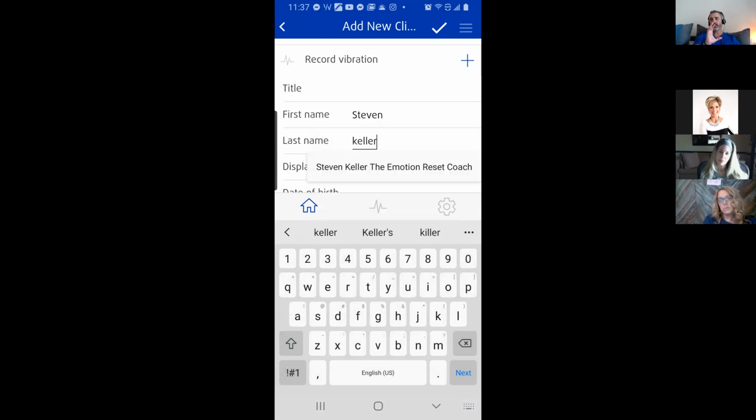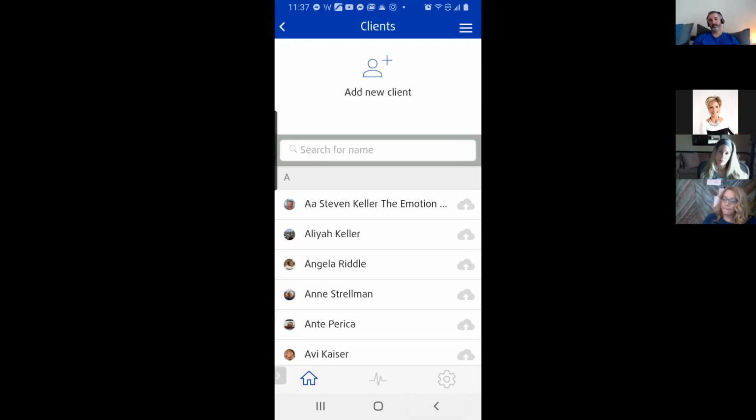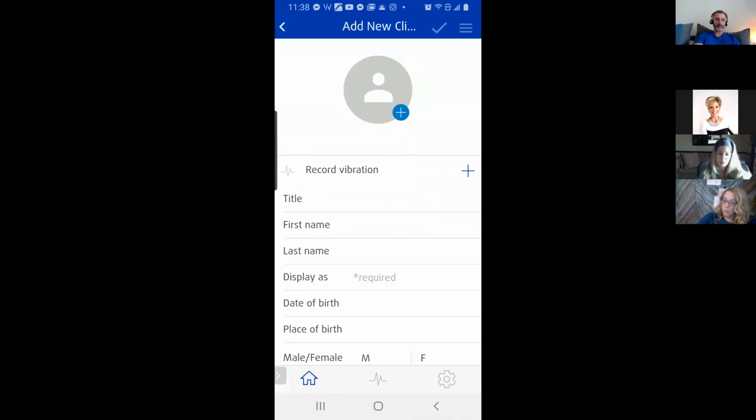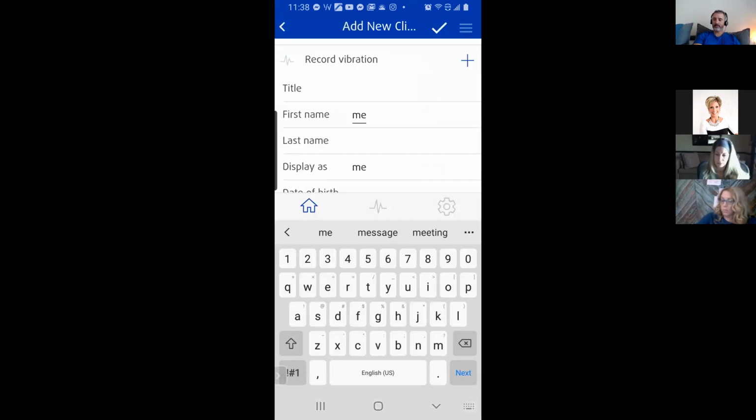So what we're doing here is we're getting a, maybe you call it a universal address, okay? We're talking about quantum, in the quantum physics realm, right? And the more information I can put in here, the better, okay? Since I'm doing it for myself, I could probably just put in me. I could grab the Healy and record a vibration of myself. I probably wouldn't need any more information than that.